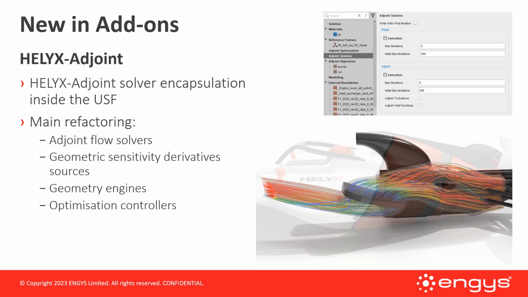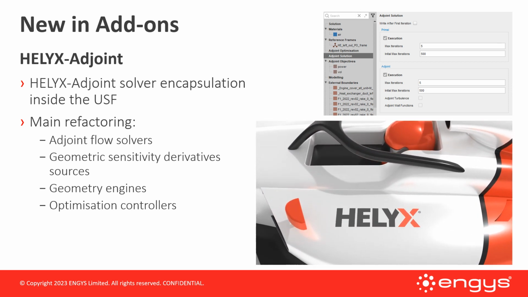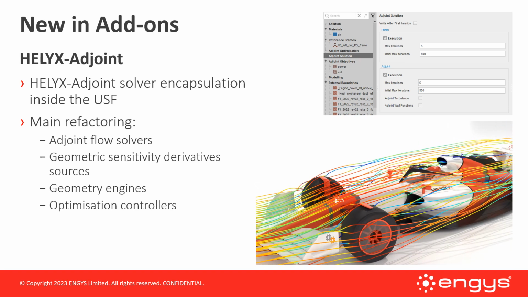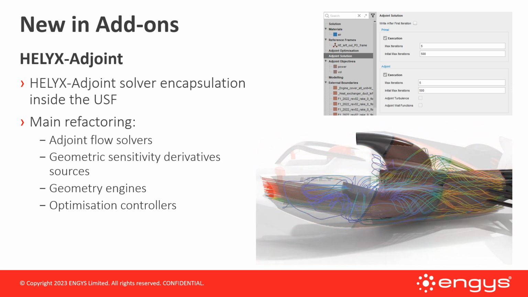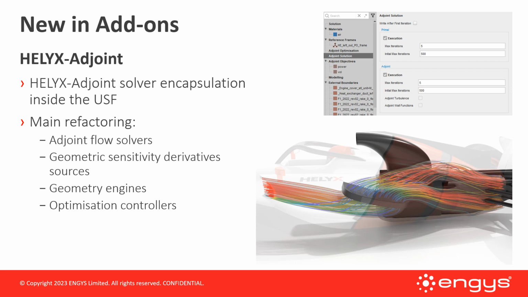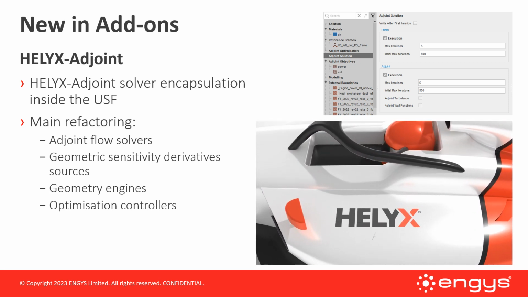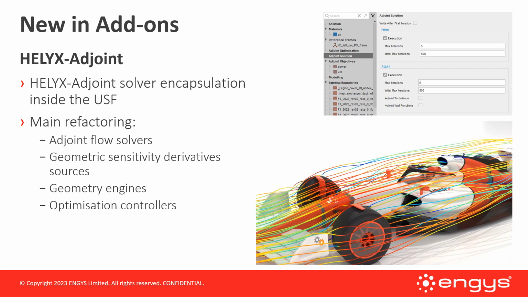For terminology clarity purposes, geometric sources represent the sensitivity derivatives that are computed based on geometric quantities, like volume, curvature, etc., and do not require the solution of a primal or adjoint flow solver. Geometric engines are the solver objects to represent the shape or topology parameterizations and manipulation of geometry, like the level set porosity and propagating front modifiers for topology and node-based, lattice-based, and so on for shape modifiers. Lastly, the optimization controller is a special solver object that controls the optimization process, which should be used if a